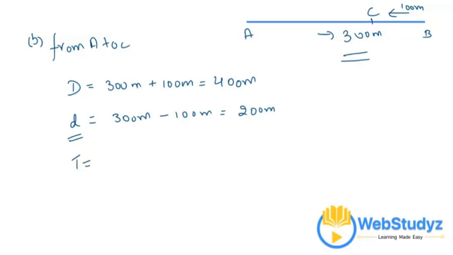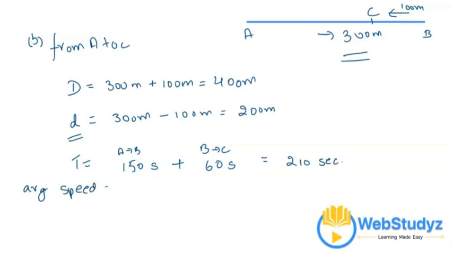The total time taken from moving from A to B was 2.5 minutes. That was 150 seconds plus motion from B to C was given as 1 minute, that is equal to 60 seconds. So the sum total becomes 210 seconds. Again, we will calculate the average speed as total distance covered